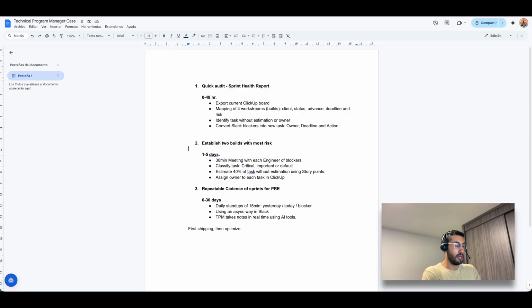I split this case into three stages. The first step is a quick audit of the sprint health report, the second is to establish the two bills with the most risk, and the third is to create a repeatable sprint cadence for leadership. Well, for the first part, I have